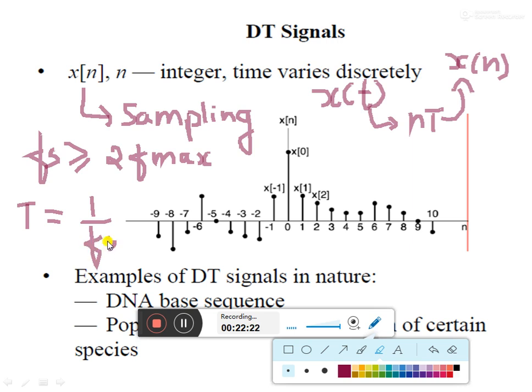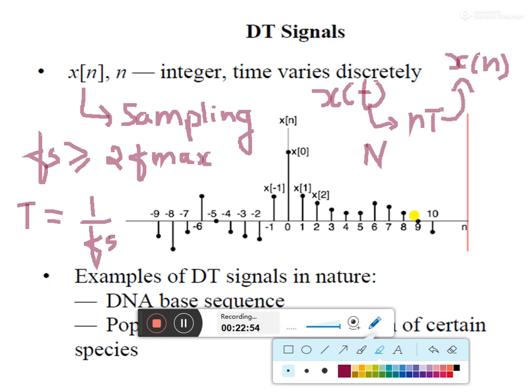So by taking this sampling frequency, we are breaking a continuous time signal into different samples. Okay, so small n is nothing but the position of the sample, and capital N is considered to be the total number of samples that we can have in a sequence. So this is how the sampling process is done to convert a continuous time signal to a discrete